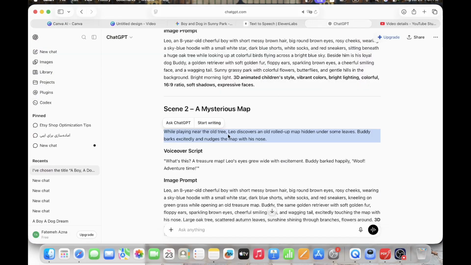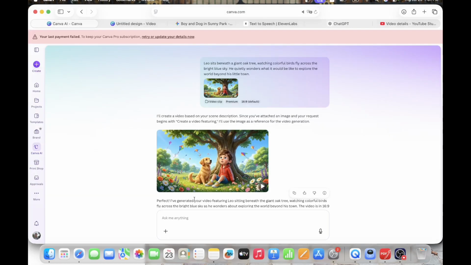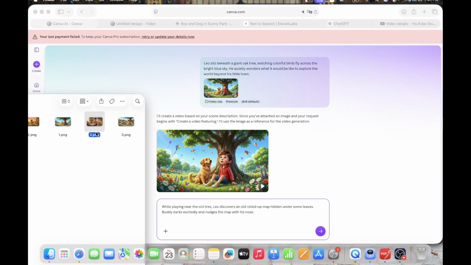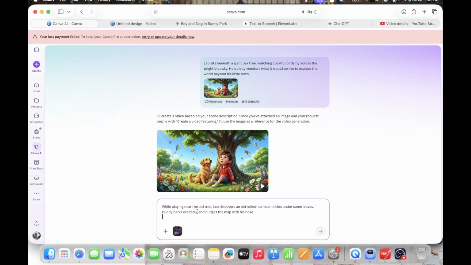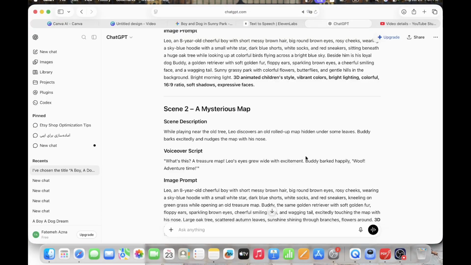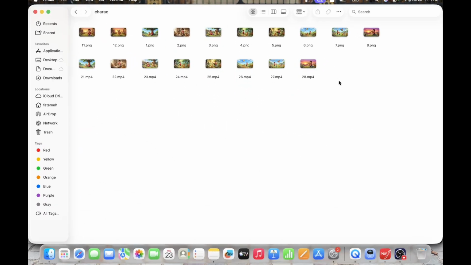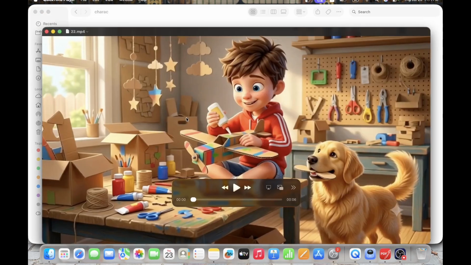So just copy the second scene description from here and go to Canva AI, just paste here, and then just put the second images, and after this we just submit here to create the second video. You should continue until you receive 8 videos. So now we have 8 videos. Like this is the first one, this is the second one,